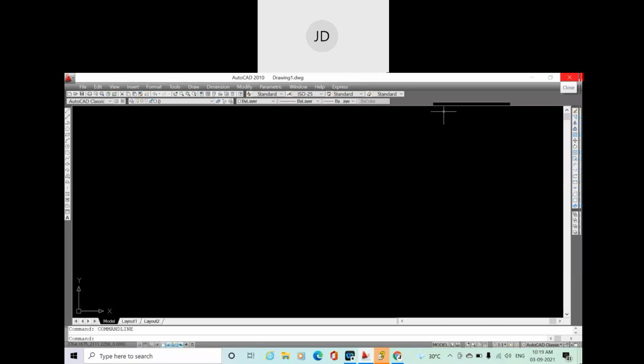So AutoCAD software is a combination of a huge number of tools. Thousands of tools are there, but we are not going to learn every tool or every function which is included here, because they are not required. We are going to learn that much of the tools which are sufficient for us. Since we are going to discuss two-dimensional drawing, we are going to discuss two-dimensional functions only for now. After learning the basics, if you want, we can also go for improving our AutoCAD skill